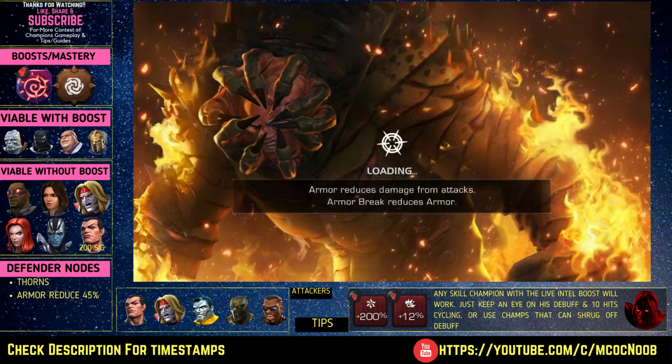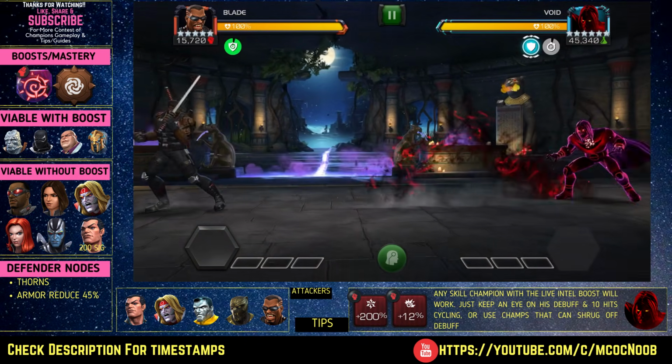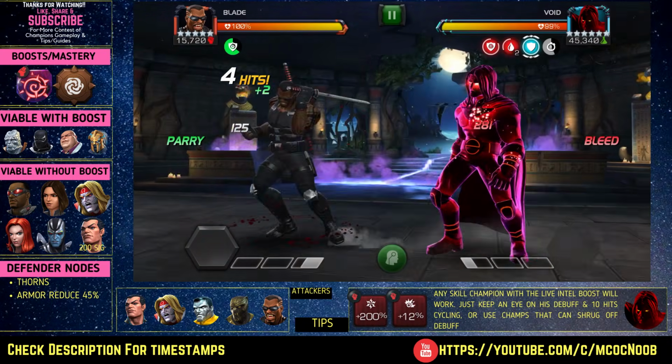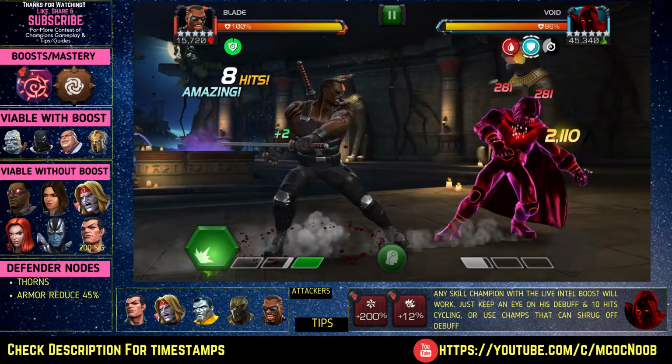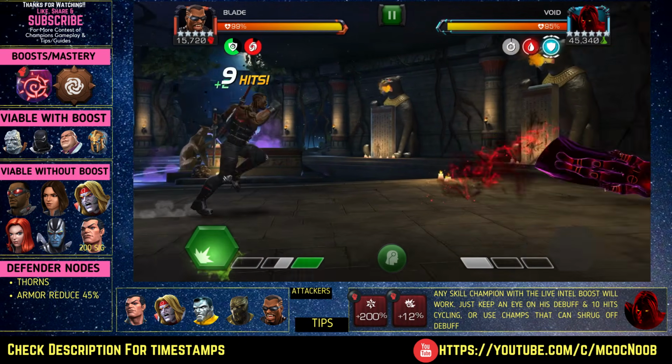And then we have our first annoying fight for this section, or a key fight you might add. It's against a Void, and you will notice that I'm going to use a Blade with the Live Intel boost, and I'm also going to use a 200% and plus 12% skill special attack boost. So what I'm trying to do here is I'm just going to parry, bleed him down, and I'm looking at